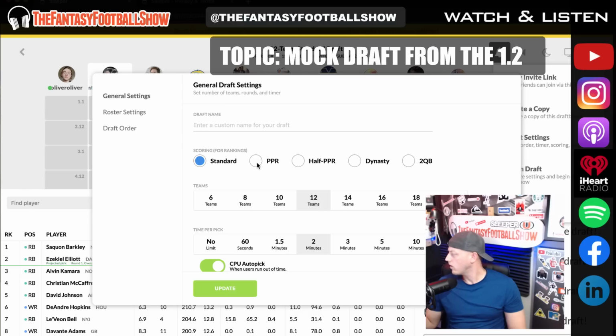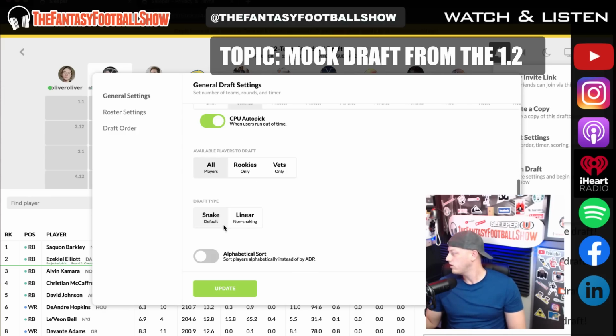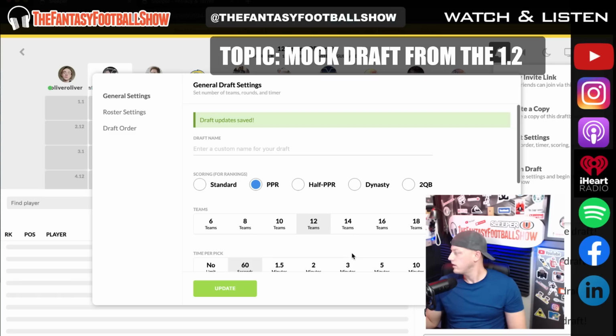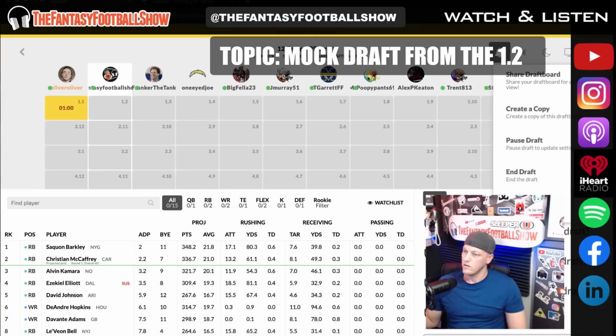so it's going to be PPR, 12 teams. We're not doing a minute. We're doing 60 seconds. Please draft quicker than that. And all players, snake style, and hit update. So you guys know the scoring, you know the requirements. Let's roll. Begin draft. Okay, Oliver's on the clock. Here we go. So from the 2 spot,